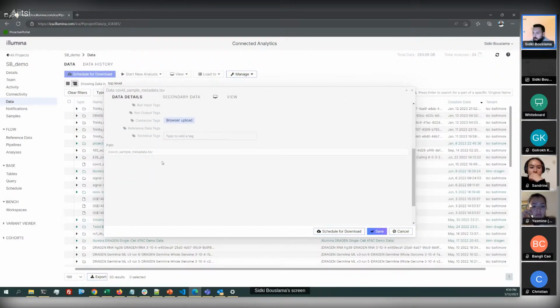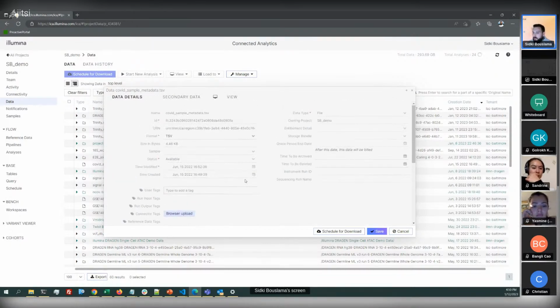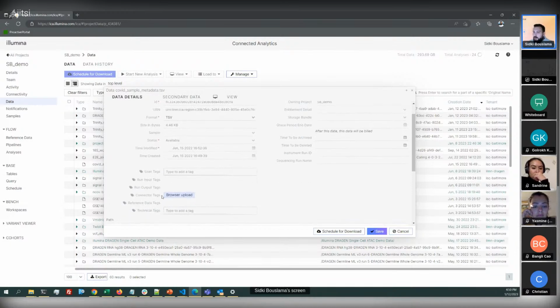They will have a path, obviously, within the project. They can have a number of technical tags that are automatically generated by the platform, but they can also be tagged by the user. Again, that helps users to tag different types of data for an easier